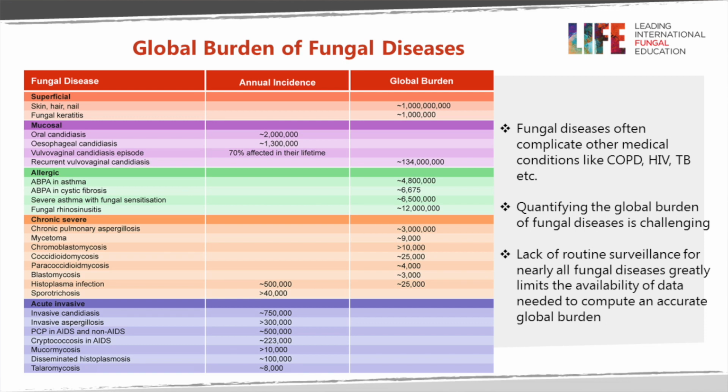Now when you look across the world, you have an annual incidence and you also have global burden, which is equivalent to prevalence, although there's an incidence which then gets treated and disappears over a period of time. The most common is skin, hair and fungal nail infections at about 1 billion people, and other relatively common infections like recurrent vaginitis in women with thrush and fungal rhinosinusitis. And then you've got other infections such as talaromycosis and some of the rarer things as invasive disease,